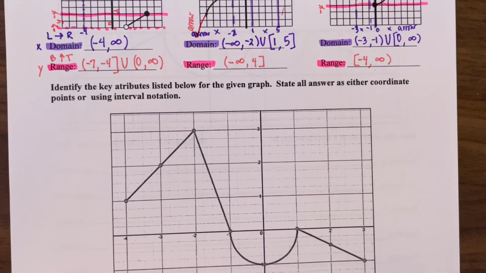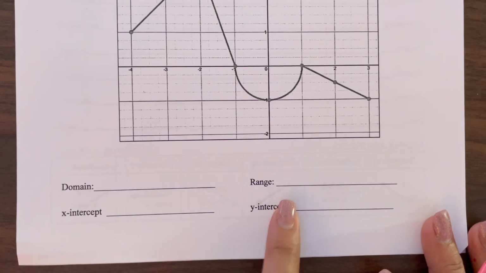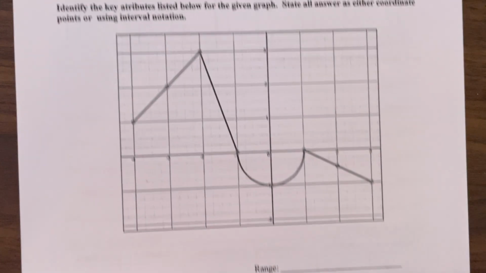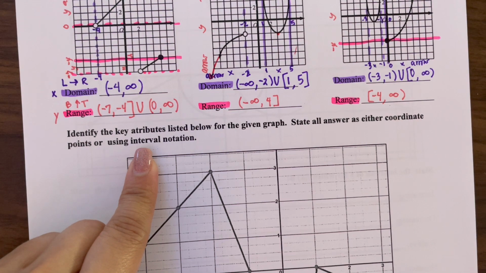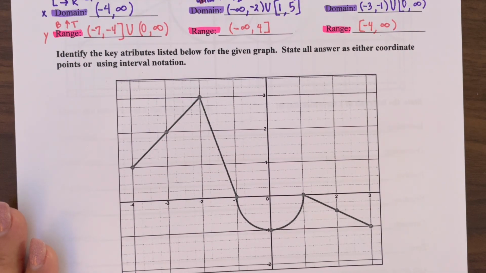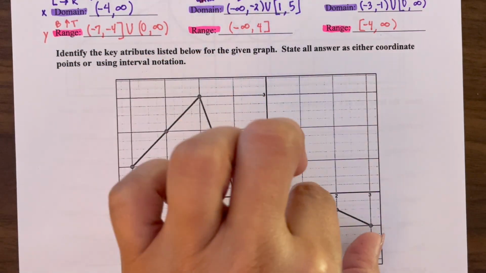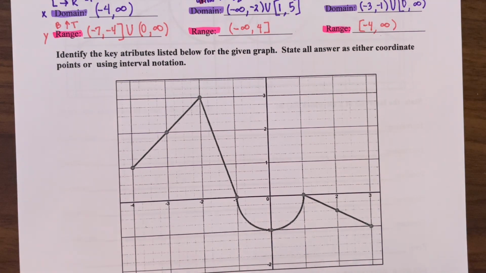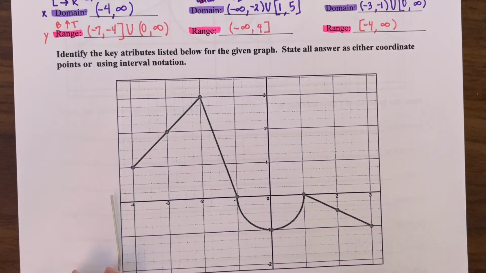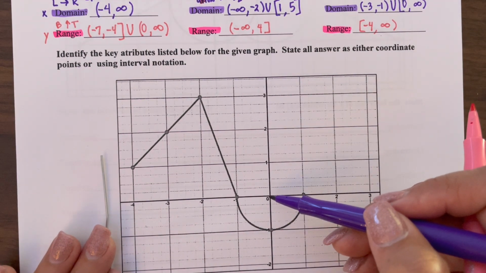Our next part, look at the image that we have here. We're going to be finding the domain and range and determine the x and y intercepts of this function. We're going to be using interval notation as well. By looking at those, there are different pieces that we have here, different changes that are occurring. All right, let's look at the domain. The domain are all your x values. So where does your picture begin using your x values? So this is your x-axis right here, and this is your y-axis. This is your origin. So your picture begins right here,